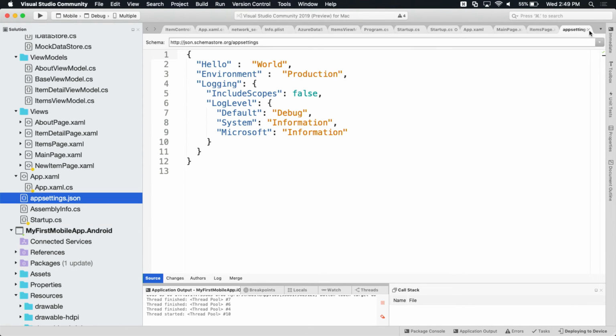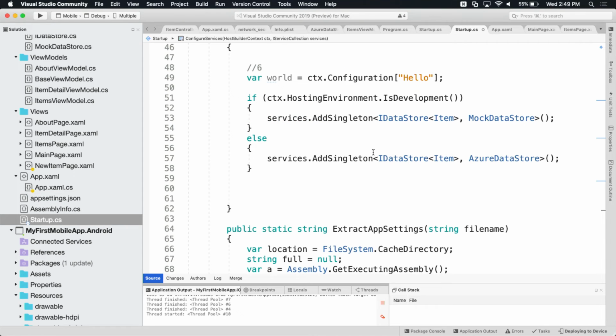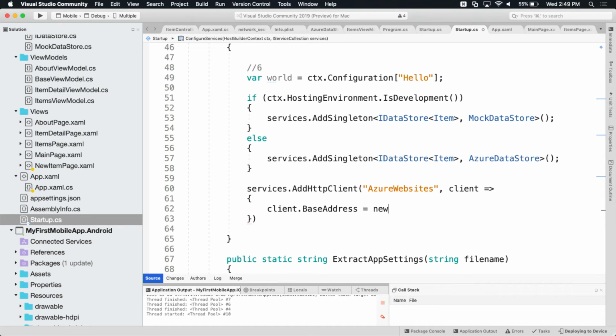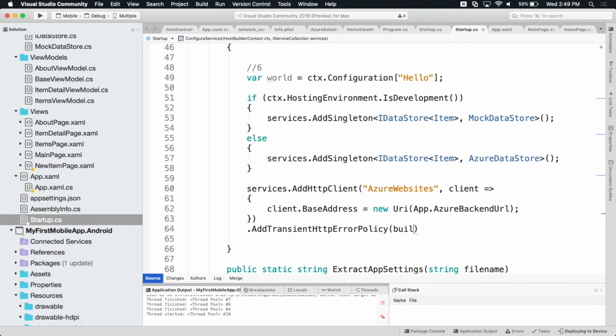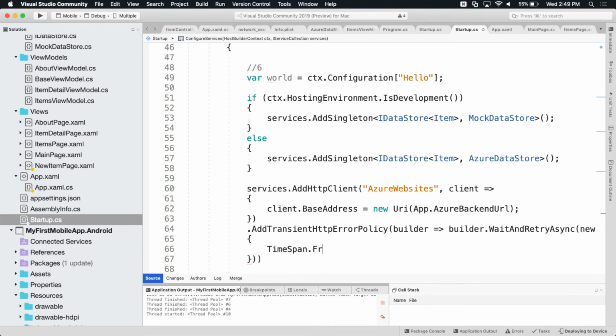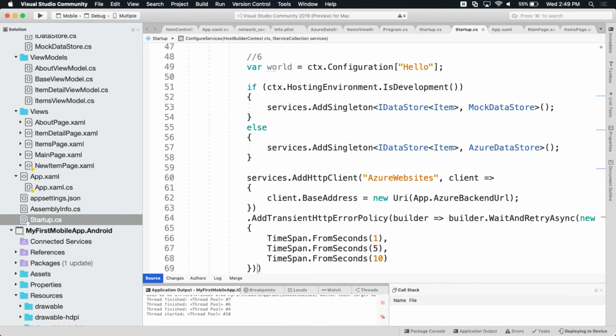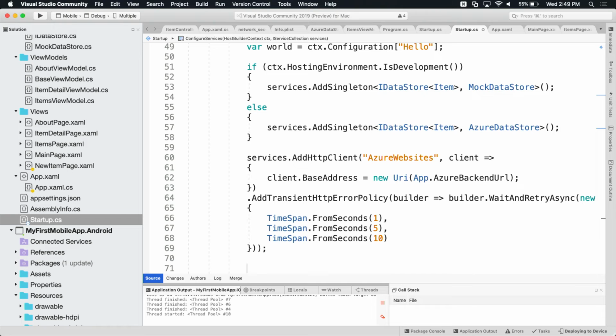Right? But you could add more config providers, pull config from other locations, and have that dynamically change. And then the next thing that's awesome is we can add HTTP client. What this does is you add an HTTP client factory to this container, and now it manages the lifetime of HTTP client instances, so it will dispose them as much as required.